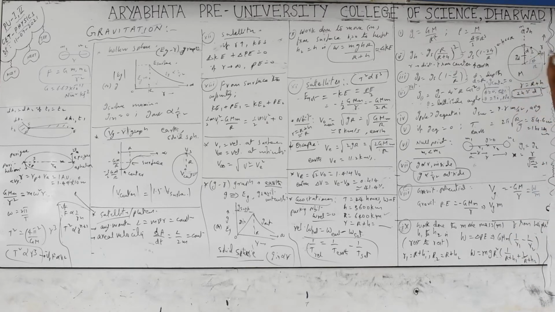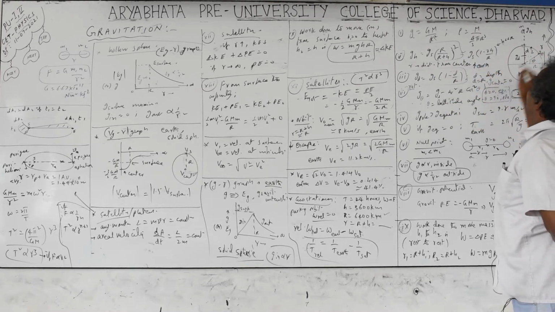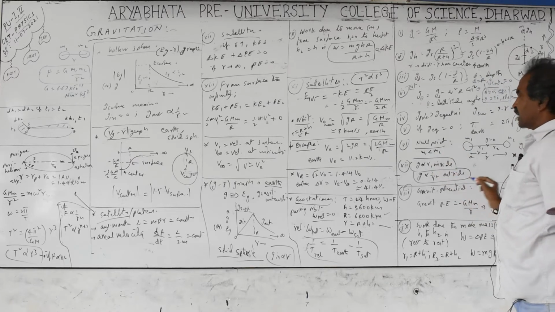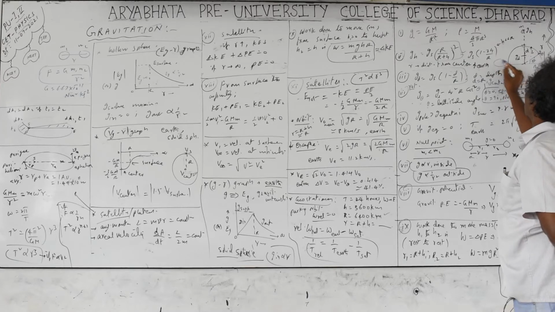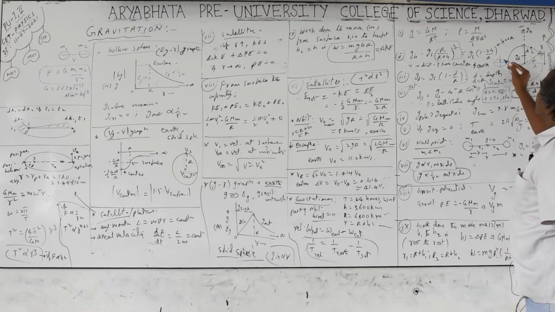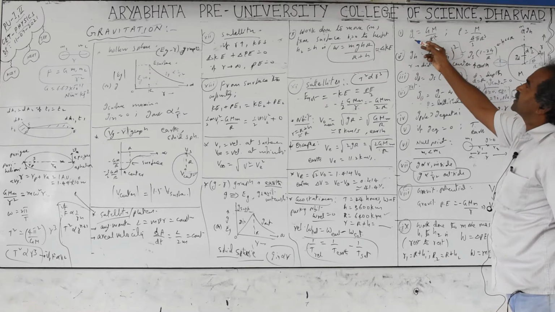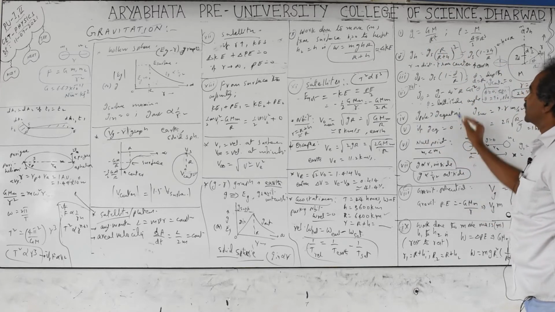The surface of the earth is taken at sea level, and from there we consider the heights and depths. The earth is also not perfectly spherical; it has an oblate shape, a little bulged at the equator and compressed at the poles. Poles are a little flatter than the equator. The radius at the poles is less than the radius at the equator by approximately 45 kilometers. Therefore, when the radius is less, g is automatically more. So at the poles, g is greater than g at the equator.